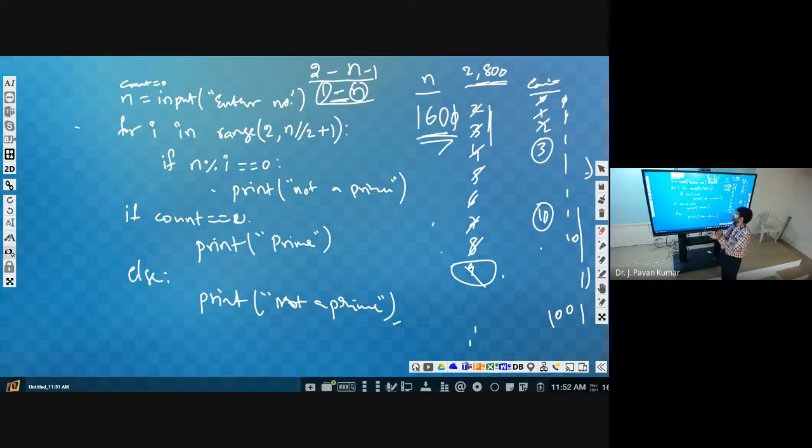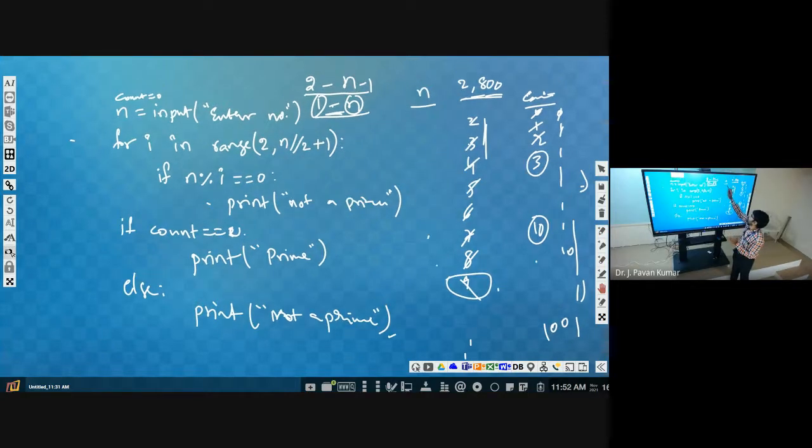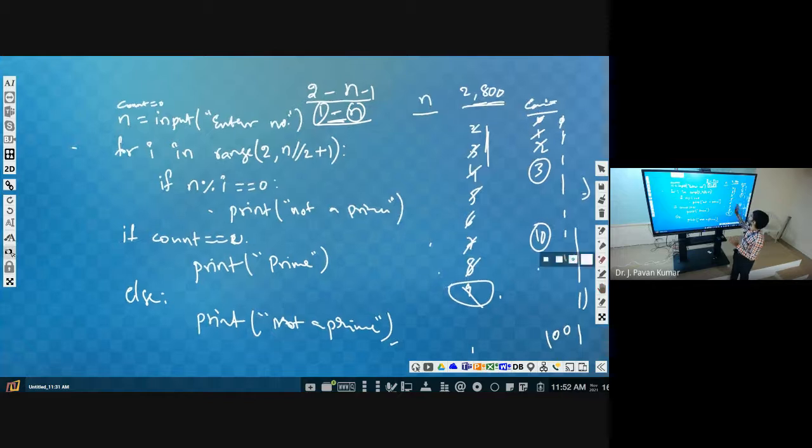Let us discuss, consider 17. Okay, not 17, consider 18. 18 mod 2 is 0, right?